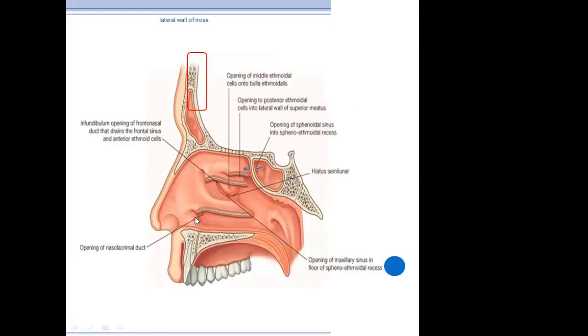So this is the inferior meatus. It is present at the junction of the anterior one-third and posterior two-thirds of this meatus. It is present here. This nasolacrimal duct opening is closed by one valve called Hasner's valve, also called the lacrimal fold. Is it clear? So this opening is present at the junction of the anterior one-third and posterior two-thirds of the inferior meatus.